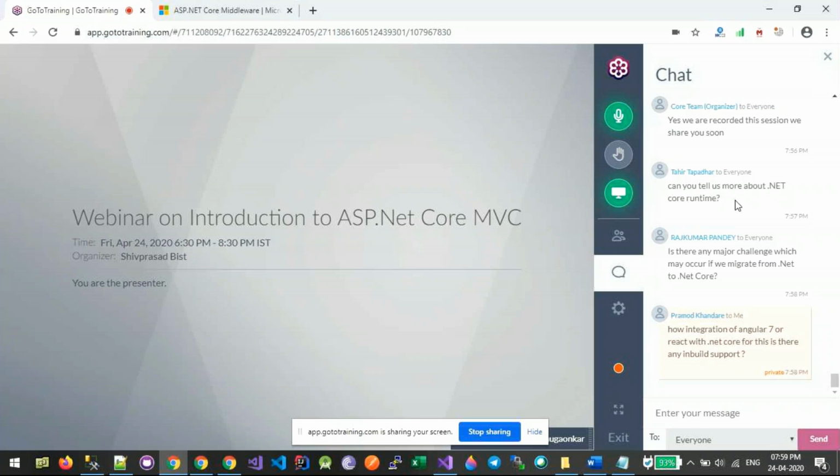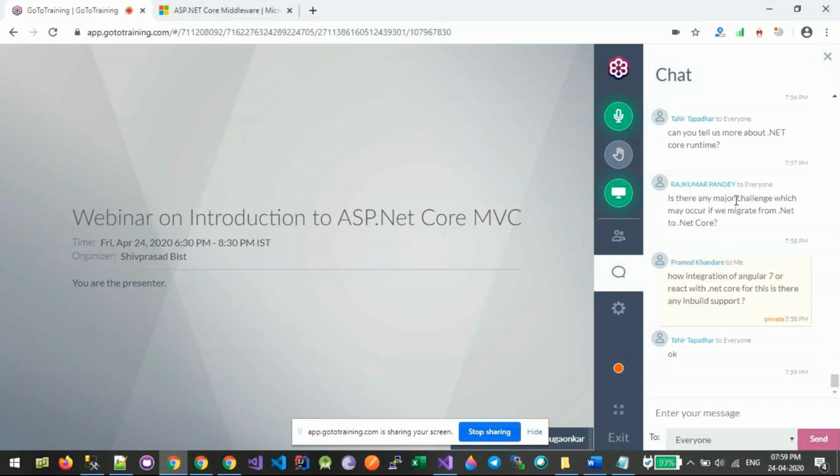If I migrate from .NET to .NET Core, Rajkumar, very good question. Migration again. See, you have to be very careful. Just because .NET Core is cross-platform, don't think of migrating at the first instance. Find out if you have to actually make use of the .NET Core platform itself.